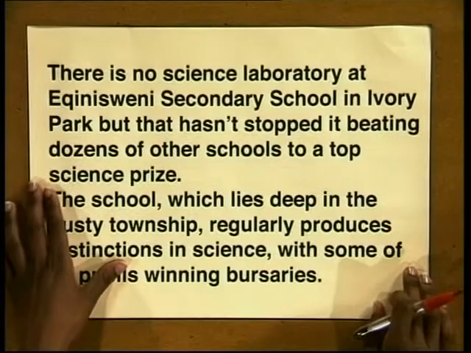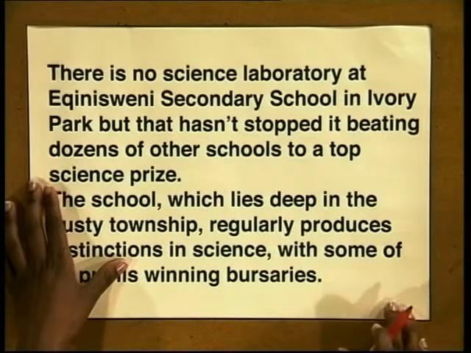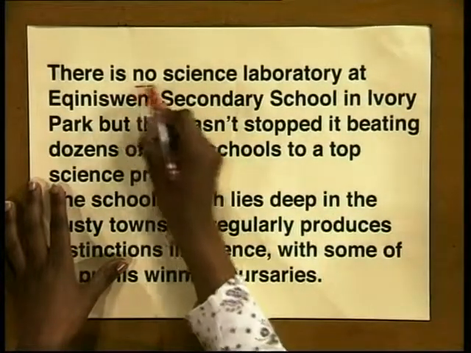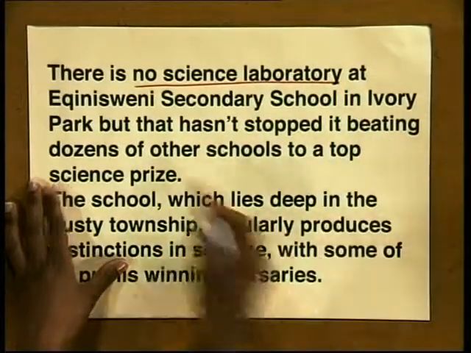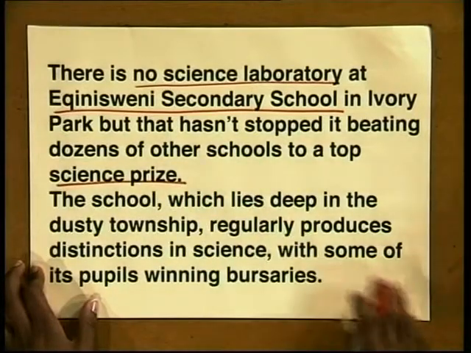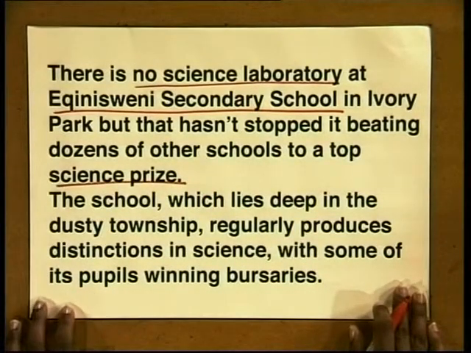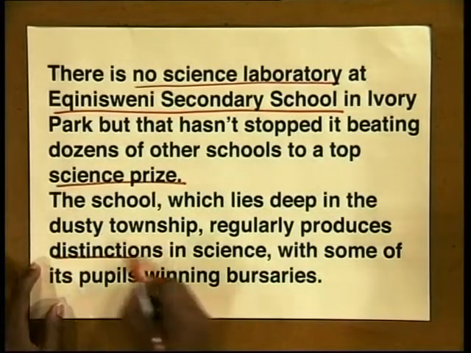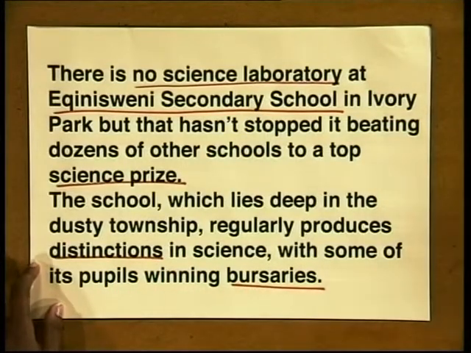Now that we've identified the topic sentence, let's underline the key information in the paragraph. In the first sentence, the key points are no science laboratory, Equinisweni Secondary School, and science prize. In the second sentence, the key points are distinctions and bursaries. Now that you know what to do, let's look at the next paragraph and see if you can identify the key